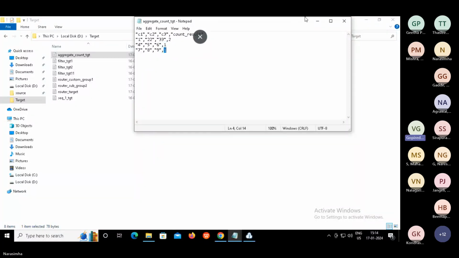Now, Narasimha, just one thing, sorry. Why is it not showing the first row with the count as 2, but it shows the fourth row in the source file? We got the first one right here. No, there is one more entry, right? 1, 2, 3. Grouping means one will be gone. Only one will be shown. Why will it not remove this row, and why can it not update the first row 1, 2, 3?